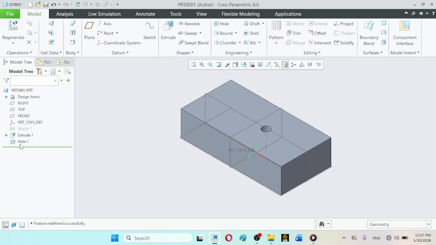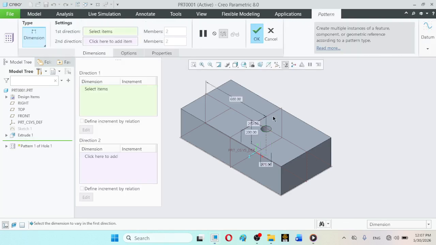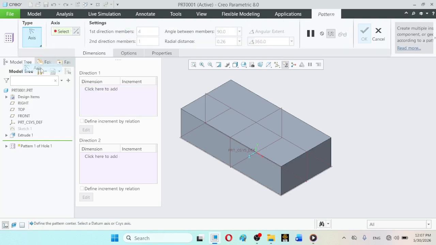Sorry, first of all select this whole command and pattern, and again for example if we want this vertical axis to be the array center, sorry, here first of all select the axis option for the circular pattern, and now select this vertical axis.